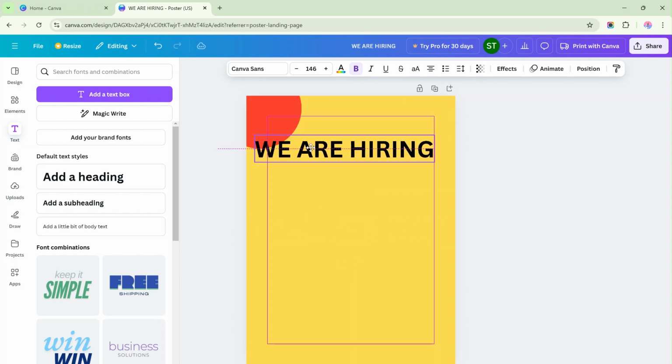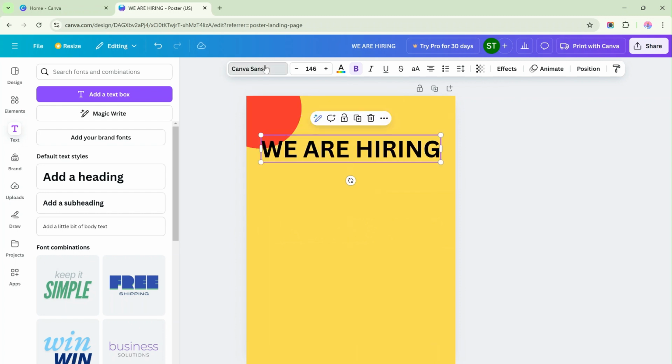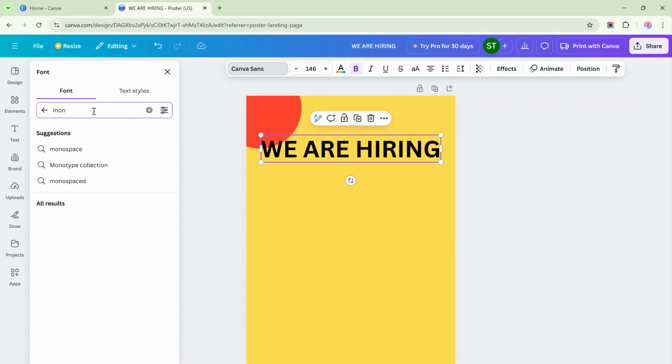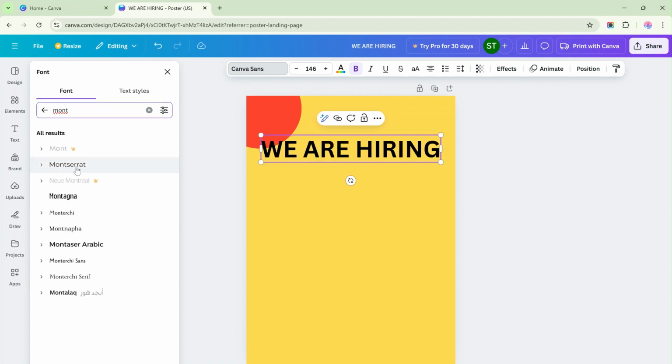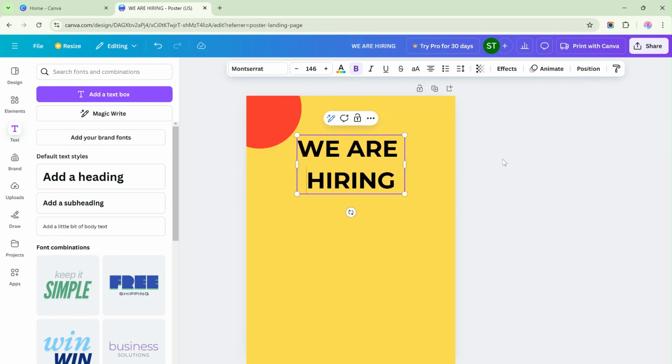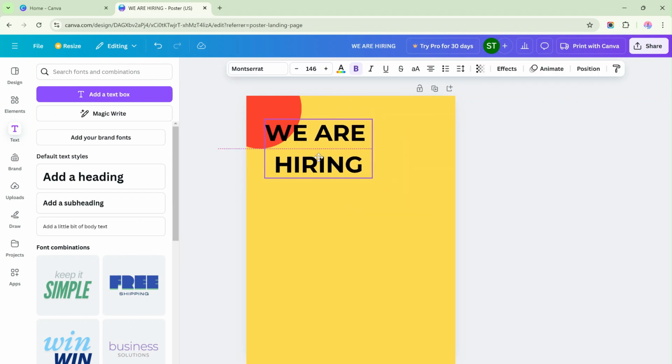One of my favorite fonts is this one, so I will just use Montserrat. This is one of my favorite fonts that I always use. You know what? I'll just make it this way. It still doesn't look good, so